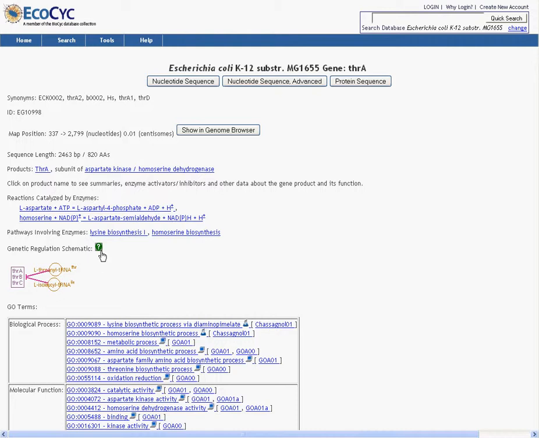And you also notice we have this green question mark. We have these in a couple places when we think something is a little complicated and we don't want to jam in a giant explanation. Clicking on the question mark will take you through to an explanation in case you've forgotten how something works. In this case, we're looking at the gene regulation schematic, which has our gene, THRA, and the other genes with